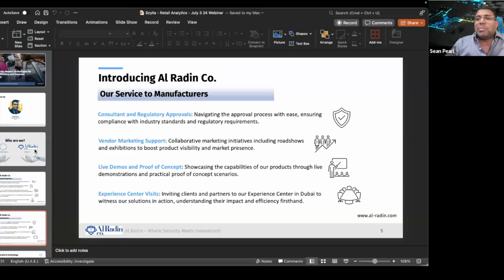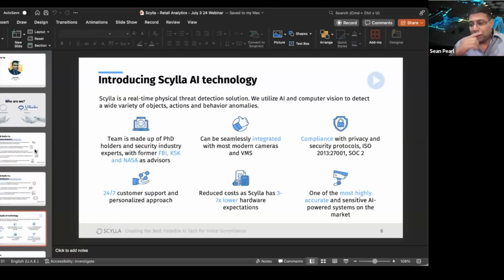Now, let me tell you a little about Scylla as well. But before I jump into that, I'd like to just touch on a little bit of the AI subject itself. AI is one of the most talked about subjects these days, and quite the buzzword, if I can call it that. So you hear so much of AI driving the future. We've already seen so many different applications where AI has been implemented. AI can do this, AI can do that, it can automate processes, it can reduce human intervention, it can help organizations become more productive, more efficient, and all of these things.